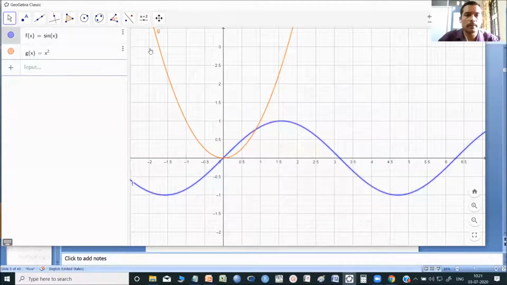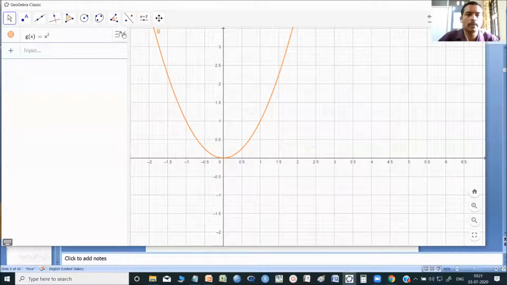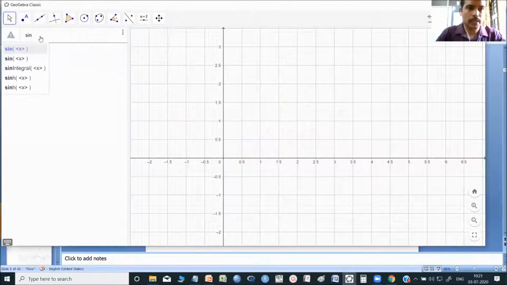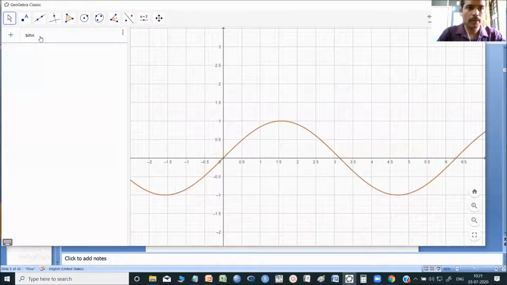Let me delete both the curves for the time being. Now I will type sin x, and then comma, 0 less than x less than 2 pi. Pi is a valid number in GeoGebra.